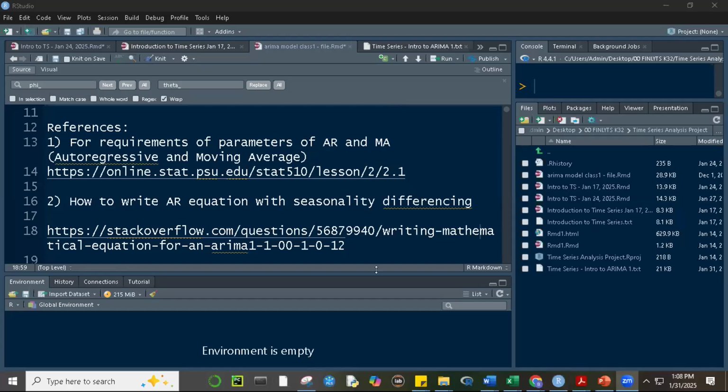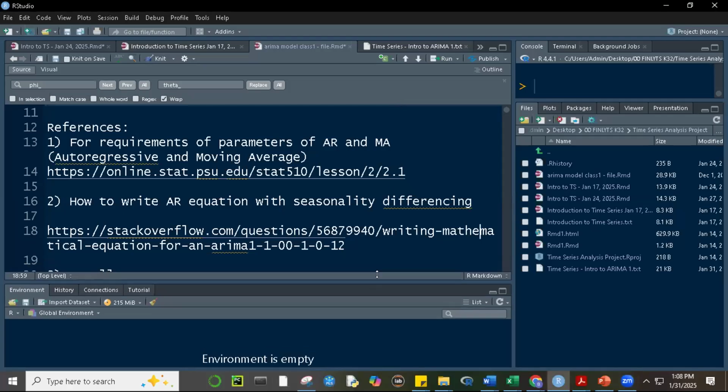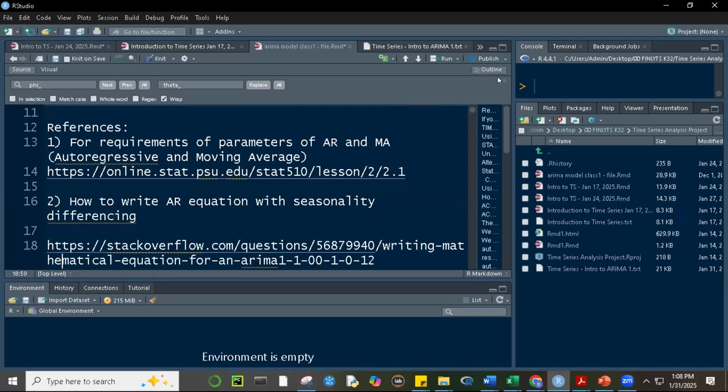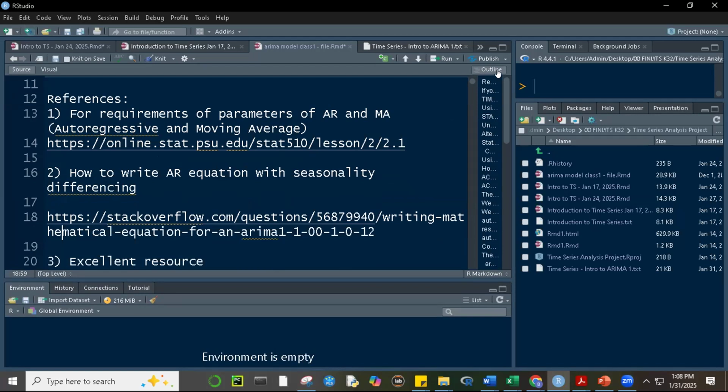Good afternoon, everyone. Today we're going to continue our study of time series analysis, in particular working on ARIMA. I gave you this file, class. So maybe let's take a look at some of the